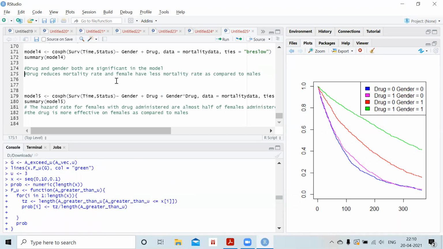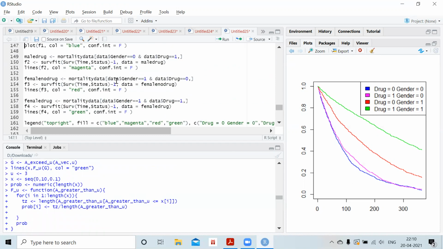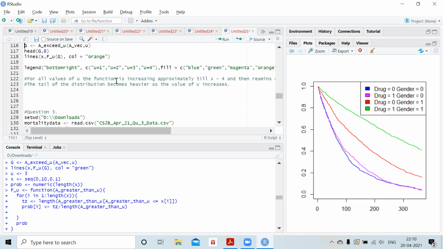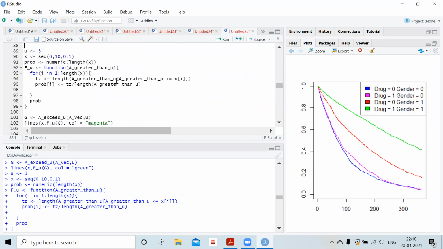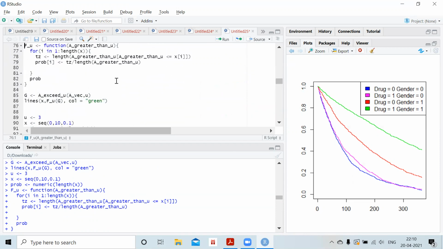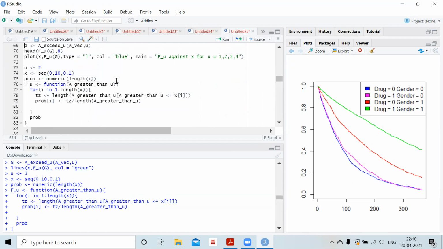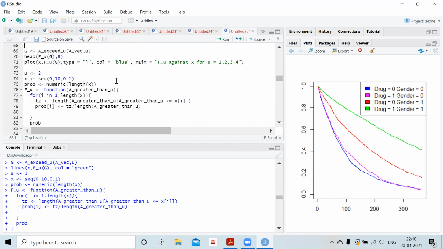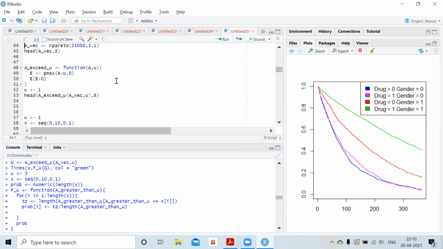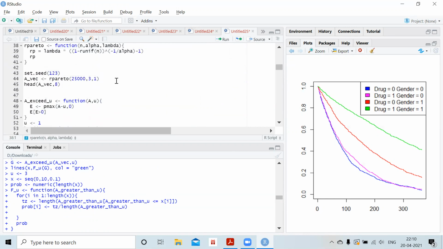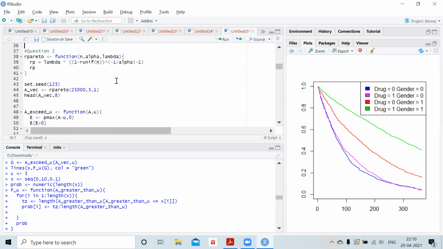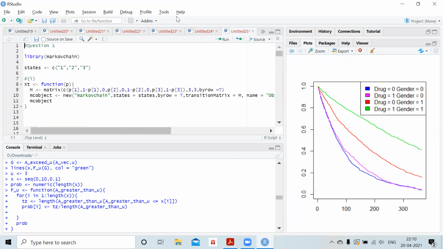These are again an indicative solution. Anyone who has done these types of solutions, or obviously from my knowledge, this is the best solution of the questions provided. If you have followed any other method which you think is correct, it may be correct and it may be your method. So each question has a different method and there are different ways of solving. So any method which is correct is acceptable. This is just an indicative solution and this is the best method in which we think this question can be solved. Okay, thank you guys for this video.